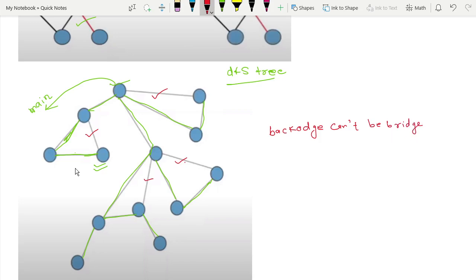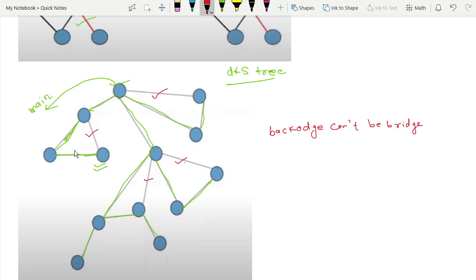Because since it is already connected to the parent, and this is connected to the ancestor, this edge is connected to its ancestor. So even if you remove this edge, it will still be connected. These vertices will still be connected from the parent. So the back edge can't be the bridge. Okay,